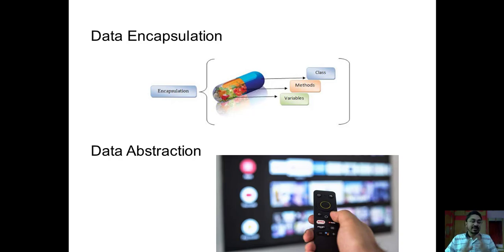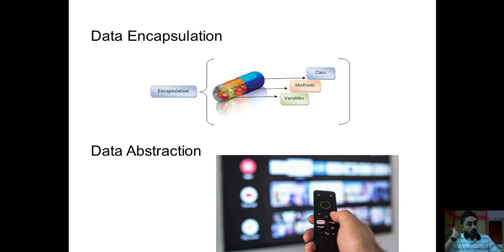but it is abstracted. That simply means you cannot directly work with the data, or you're not supposed to work directly with the data. Between you and the data, there is something sitting in between, and that is nothing but the function. So the data and a function are supposed to work collaboratively. That function will access the data. If I want to access the data, I will first need to request that function, and then that function will access the data and supply it to me.